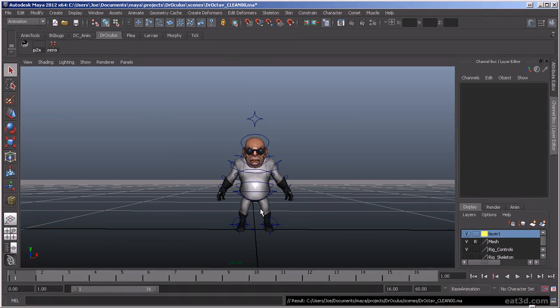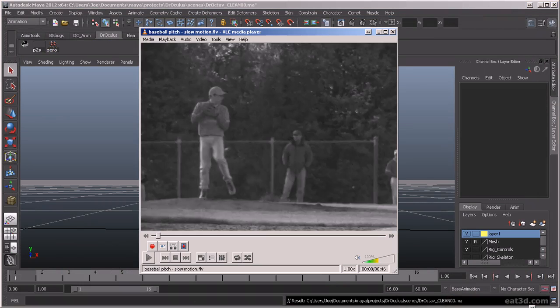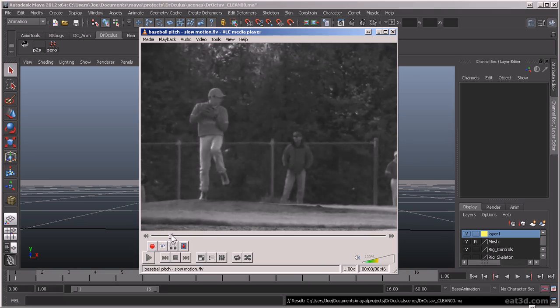Okay, here we've got our rig, and we're going to do a jump. Before I do that, I'm just going to open up this throw again, and we're going to talk a little bit about follow through. Didn't really cover it in those last examples. We talked mostly about overlap, but we're going to actually talk a little bit about both of those again in the same sequence. So in analyzing this reference video, we can see that